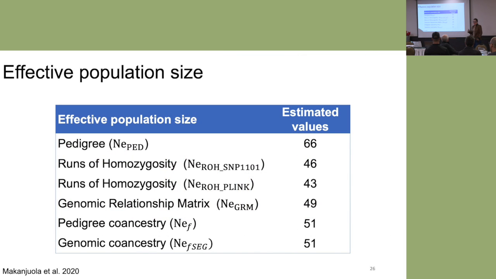So I'm a terrible person because I realize that these are actually Holstein numbers, but the effective population size, if you look at pedigree, is 66 for Holsteins. I think it's 89 for Jerseys. That means 89 animals represent all of the diversity in the population, theoretically, right? 89 animals doesn't sound like a lot, but 66 is even less.